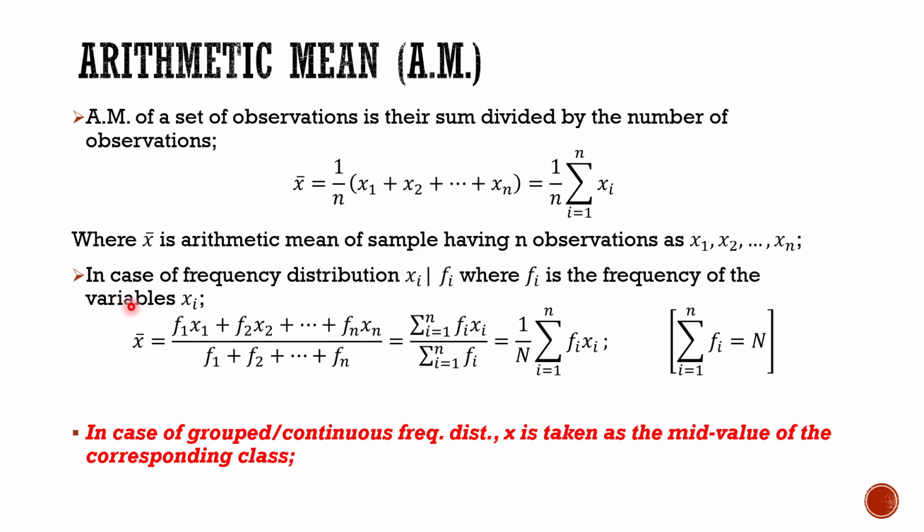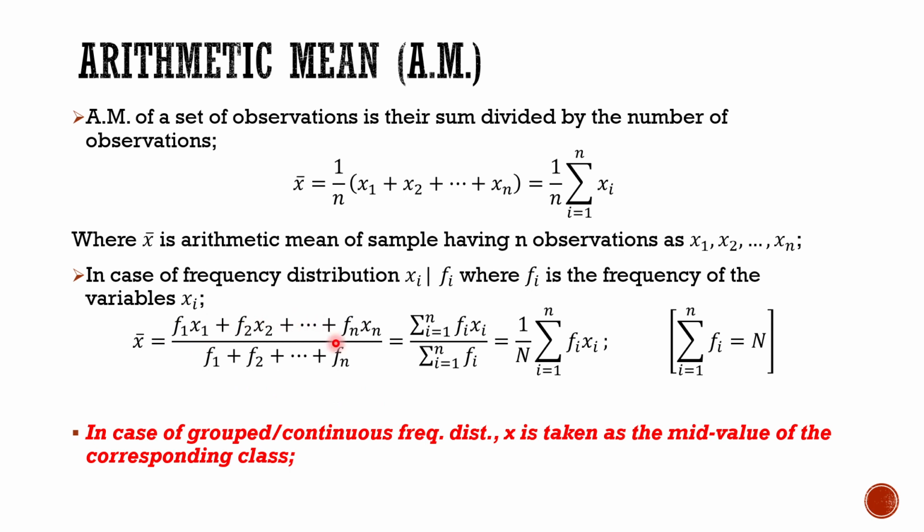And in case of frequency distribution, if you have a frequency distribution of xi's, there would be some xi's and some frequencies fi's, where i is a particular observation, and fi is the frequency of the variable xi. And here what you will have to do is just multiply the corresponding frequency with the corresponding value. You will add those